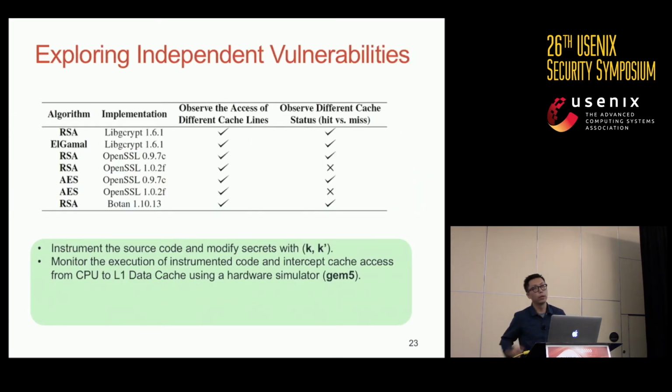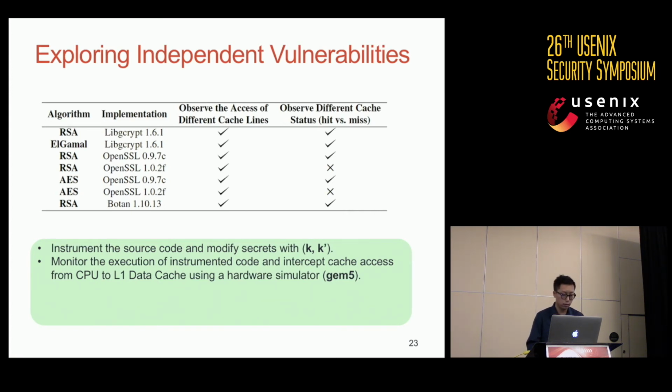So we also try to explore the independent vulnerabilities and see how they can actually affect the cache behavior in a hardware simulator platform. Here we instrument the source code and modify secrets with the key and key prime, which are provided by the constraint solver. We monitor the execution of the instrumented code and intercept the traffic between the CPU and the L1 data